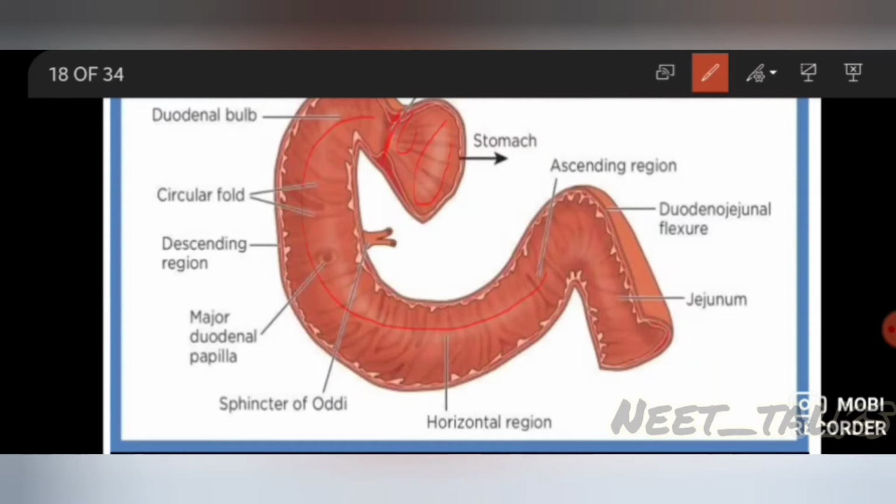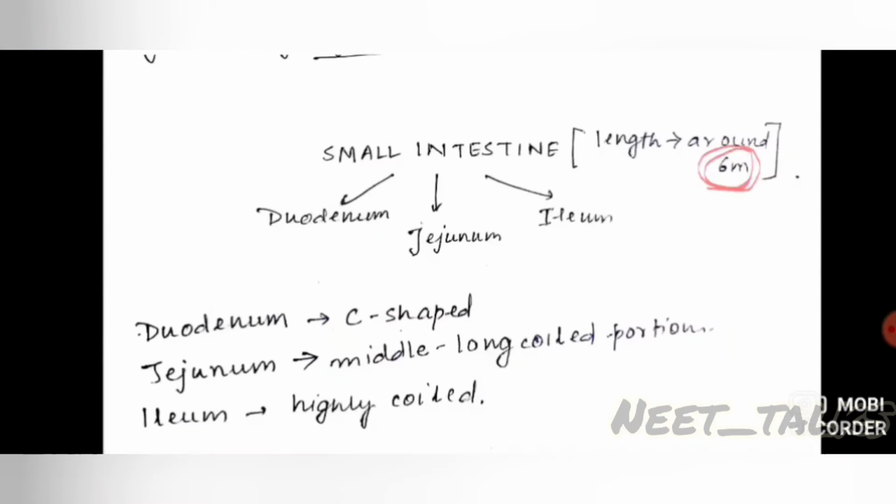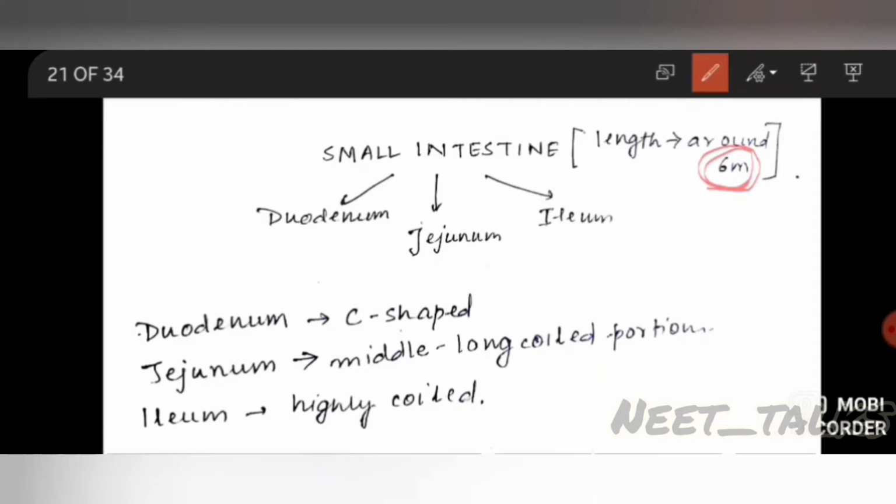What is this duodenum? This is the first part of the small intestine. Now, when we talk of the small intestine, the total length of the small intestine is 6 meter. You understand, 6 meter length. The average height of a tall person is around 180 centimeter, and this length of the small intestine is 600 centimeter. So you understand how extensively it is coiled inside our gut. The small abdominal cavity contains other structures, and along with that it contains the 6 meter long small intestine. So it is a highly coiled structure, the small intestine.